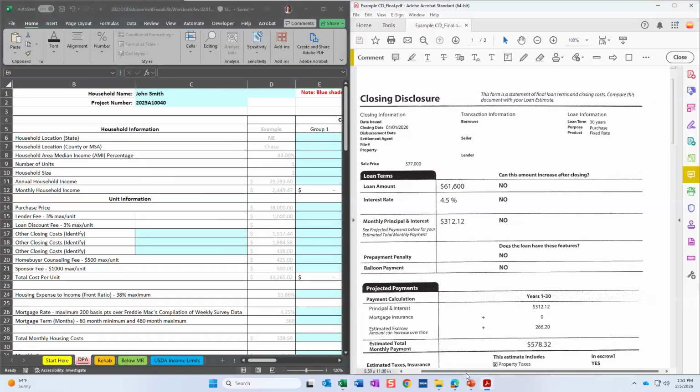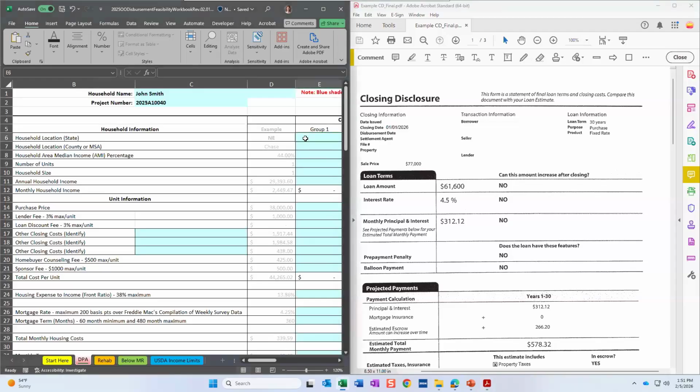So, of course, your closing disclosure is going to have a bunch of borrower-seller information up here. We've redacted this one to make sure that we're protecting personal information. So this is just random numbers and a random closing date here in this document. A lot of you can probably tell because a 4.5% rate would be really great right now. So we love that for this home buyer.